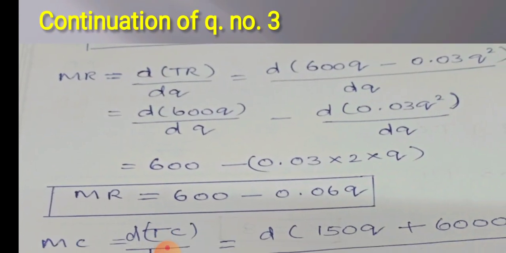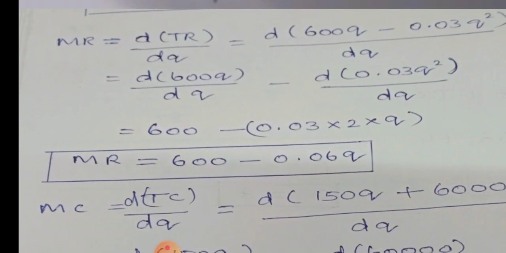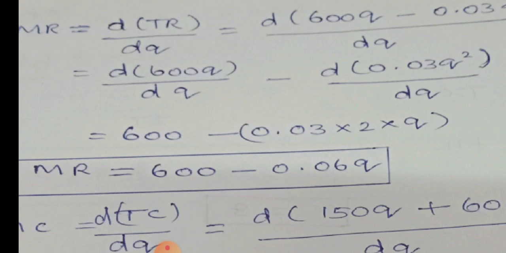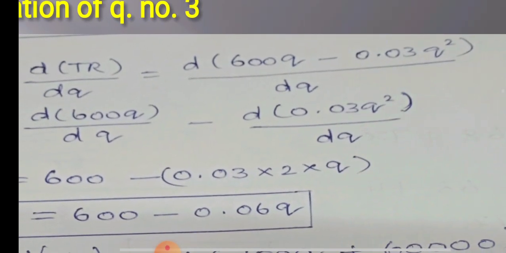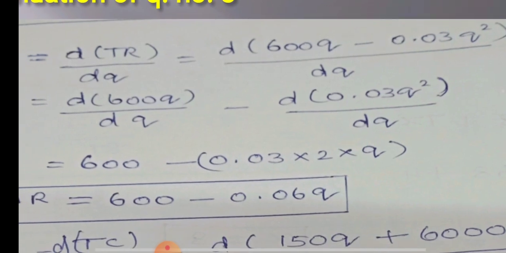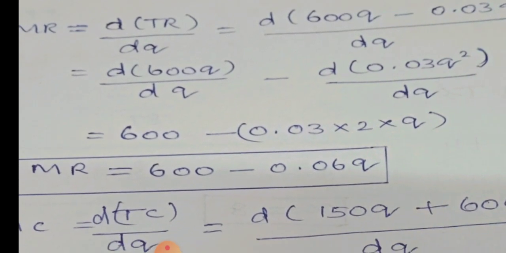Next is to find MR. To find MR, I told you when TR is given, to find the lower form, that is MR, you need to differentiate. Okay, you need to differentiate the total revenue function. Differentiate TR with respect to Q. TR is given to be, instead of TR, write the TR function. Differentiate 600Q minus 0.03 Q squared with respect to Q. Now when you differentiate 600Q, 600Q will become 600 only, because differentiation means what? Deduction of one power. So Q will become 1 only.